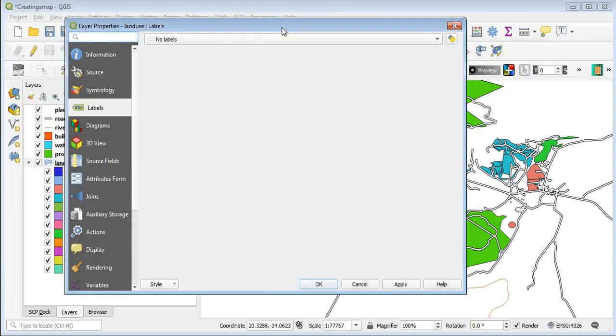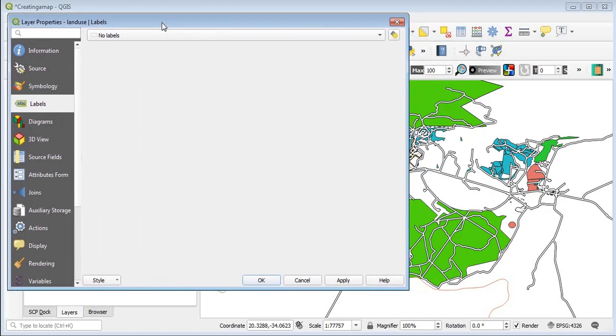And so you can now click on labels. Having clicked on labels, the other time we used the layer styling option, and so we can use the layer properties option now. Once you double click on the land use, open it up, click on labels,